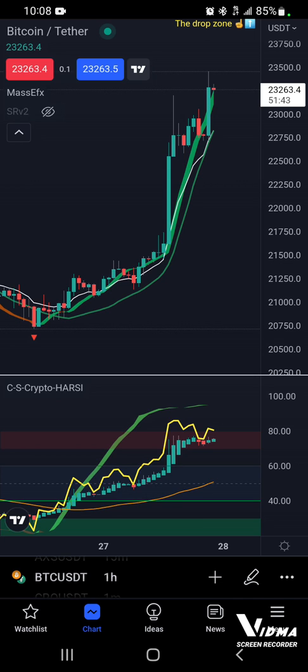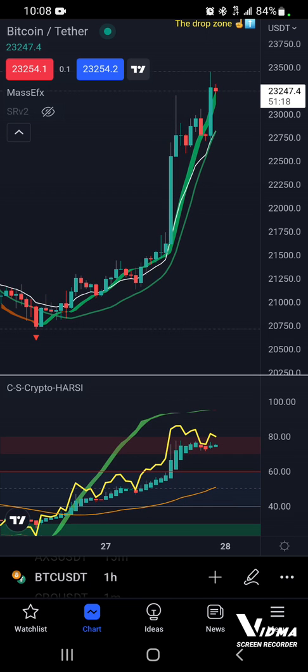I have an indicator that I created, which is called the Coffeeshop Crypto HARSI. I'll be releasing that to TradingView tomorrow, and it is an indicator that worked like the previous HARSI, which has an RSI built into it, the stochastic built into it. But you can also change and add a couple of other indicators to it, which is a moving average, as well as being able to